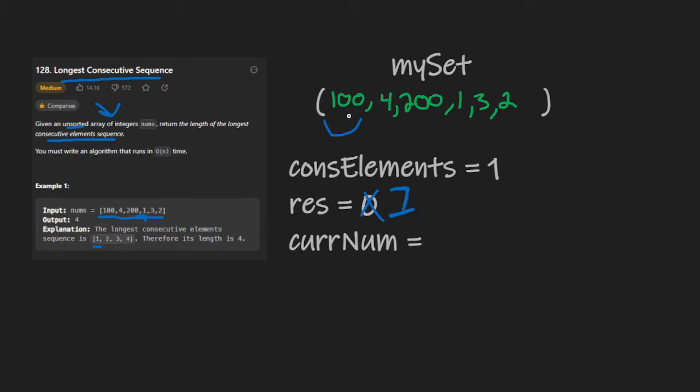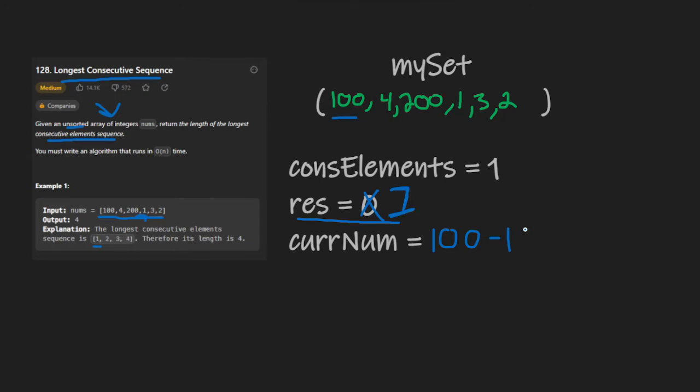If there are any elements at all, the longest result is going to be at least 1, even if there's no sequence, because every number is in its own sequence. So we're going to start looping through this set,